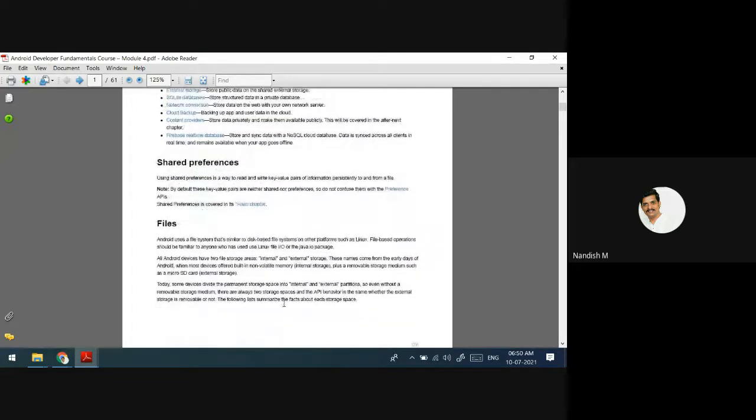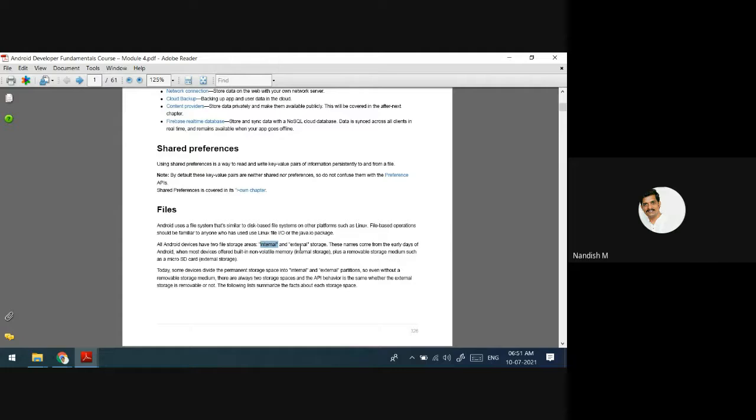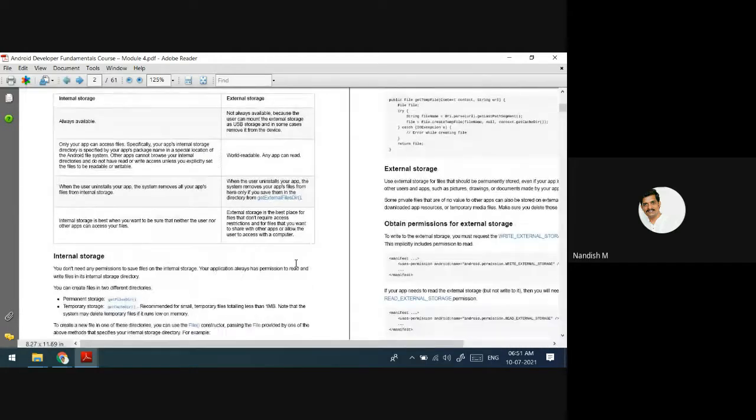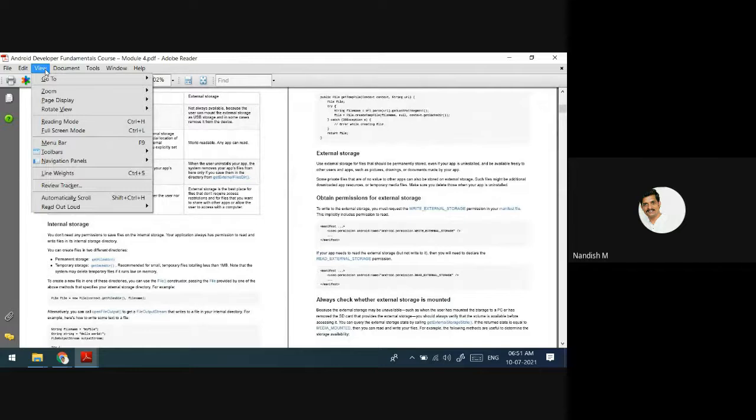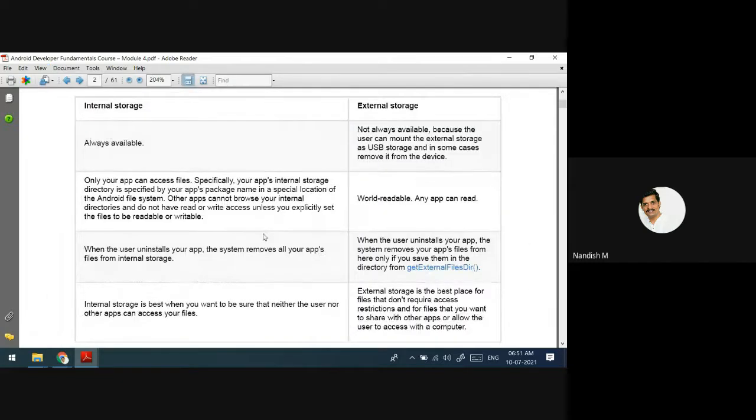In this chapter, we discuss where we are actually going to store it. As we know, in the mobile there will be an internal storage and an external storage. You can store files in the internal storage and also in the external storage. External storage is nothing but the card, the external memory that you add.